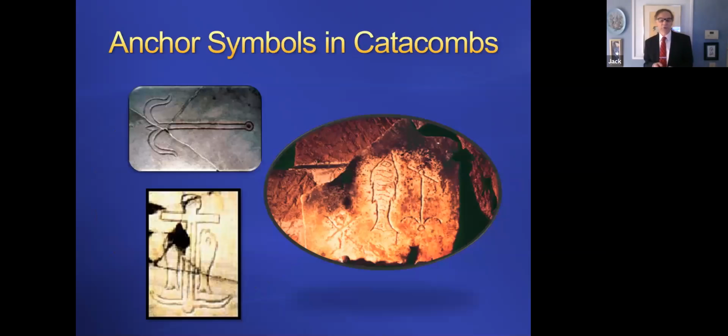Instead, what they would use were anchor symbols. And anchors were seen as a symbol of safety in a lot of religions because it's kind of a navigational aid that keeps you safe. You throw out the anchor and you don't drift into the rocks or something like that. So it was easy for them to borrow that. And also you could kind of get away with a bit of cross symbolism in there.